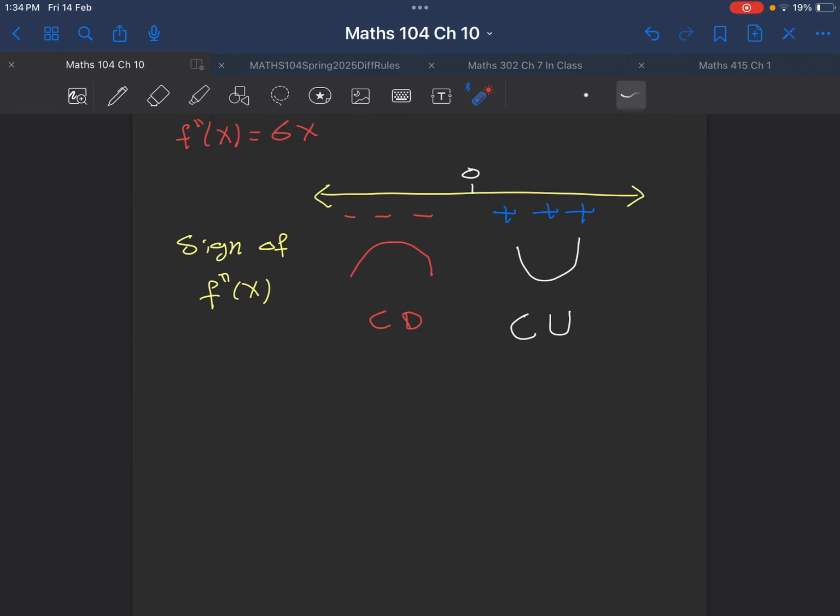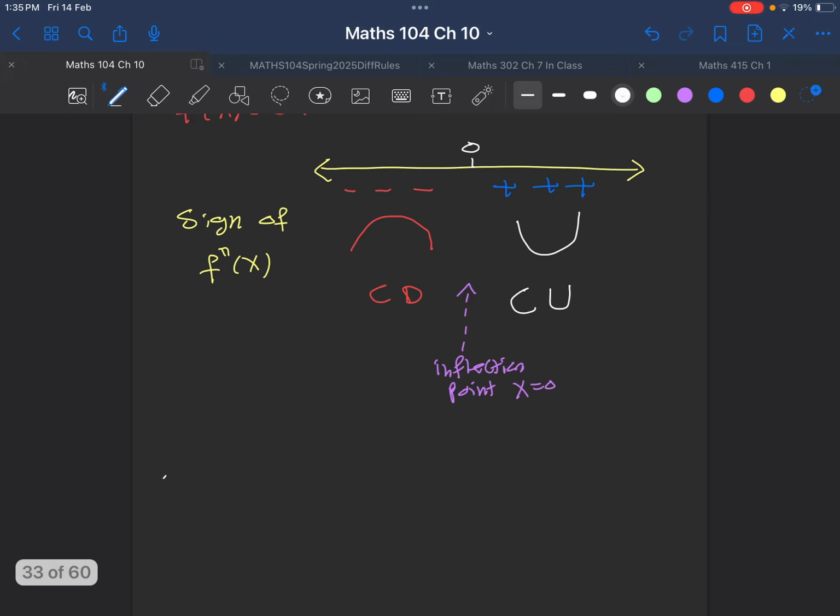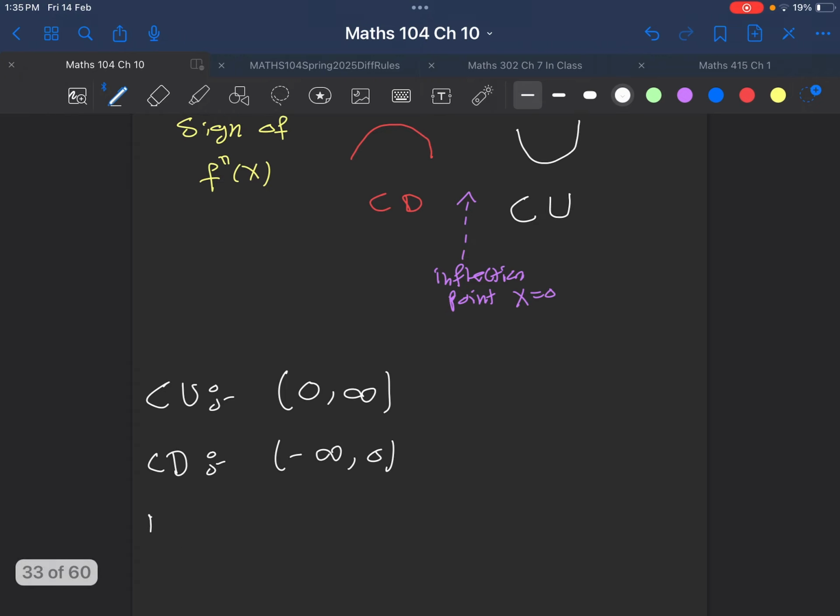Now what happened is I have concave upward and then I have concave downward. So definitely this point here is an inflection point. So we have an inflection point because it changed from positive to negative at x equal to 0. So if we write the summary, concave upward, we have it from 0 to infinity. Concave downward, we have it from -infinity to 0. And finally, inflection point,